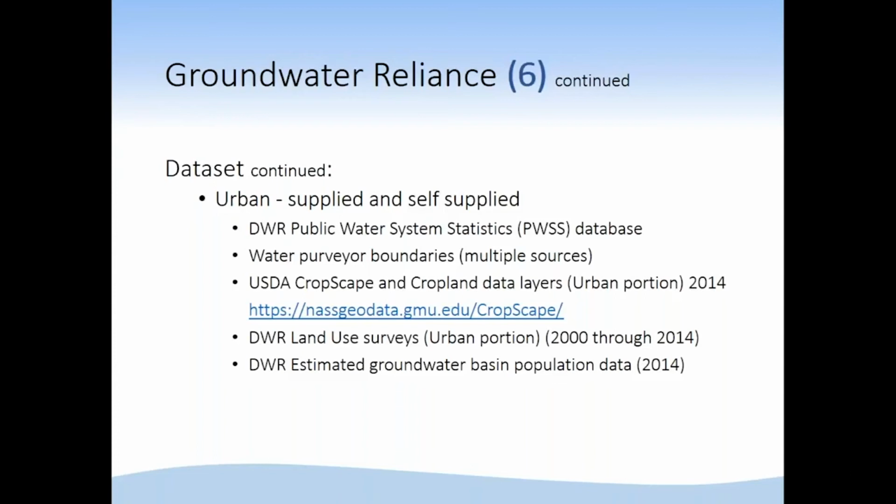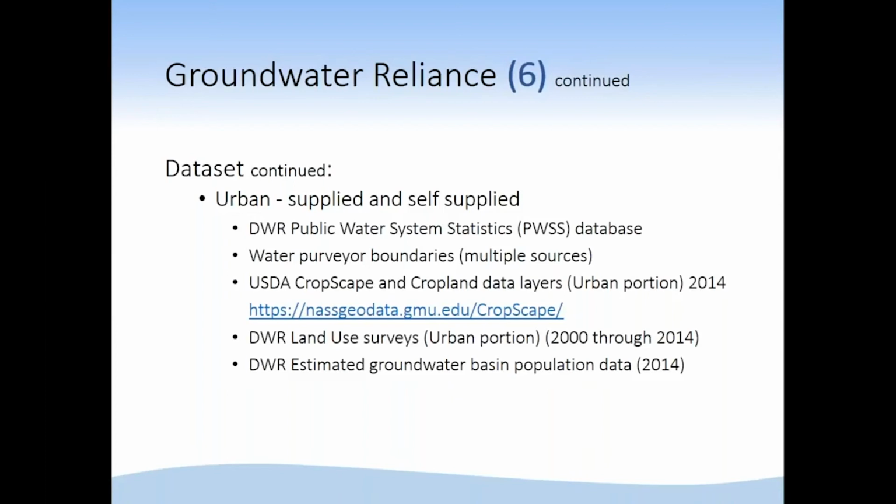That was the primary data set, and then we backfilled anything that came out of the USDA CropScape crop layer that was mapped as urban. So between those two data sets, we were able to have a pretty good idea of where all the urban is. So you're asking, what do we need that for?